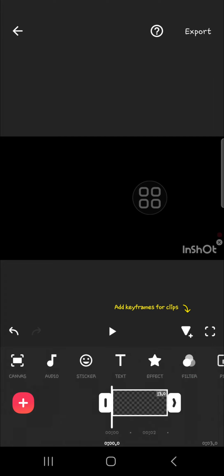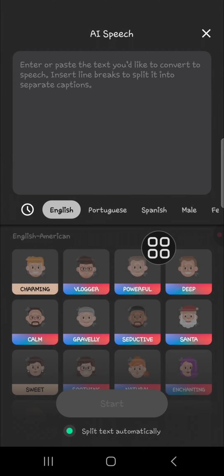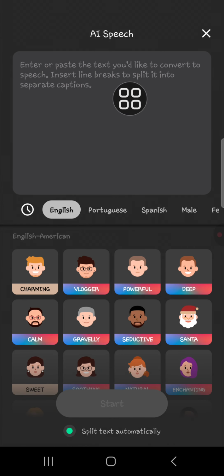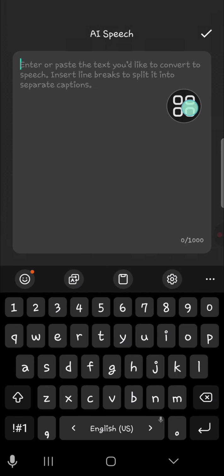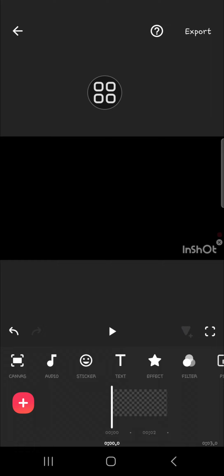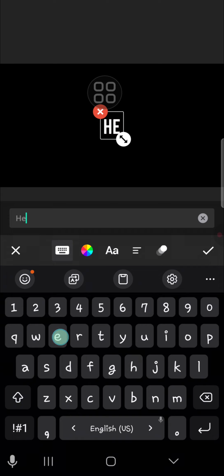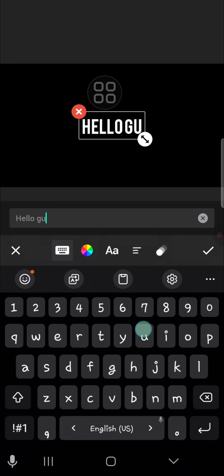The first one, you can go to the text and then select the AI speech, and here you can enter or paste the text you would like to convert to speech. You can add it right here, but you can also add the text first and turn it to text to speech. I'm just going to go to the text, and then I'm just going to type in hello guys,